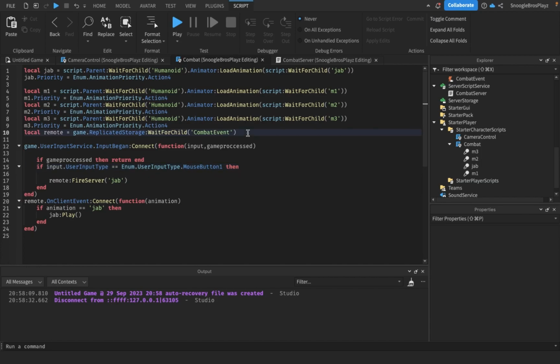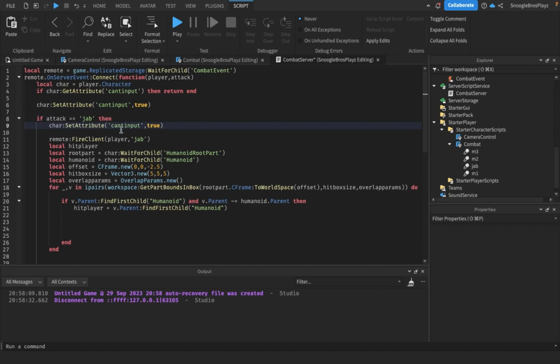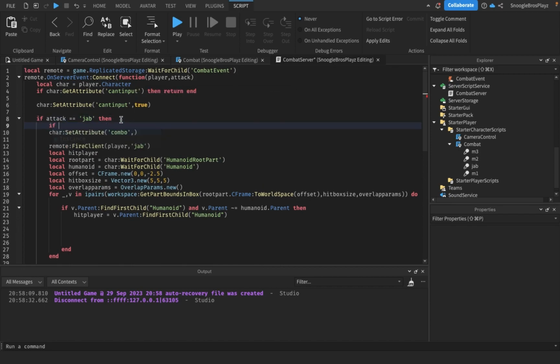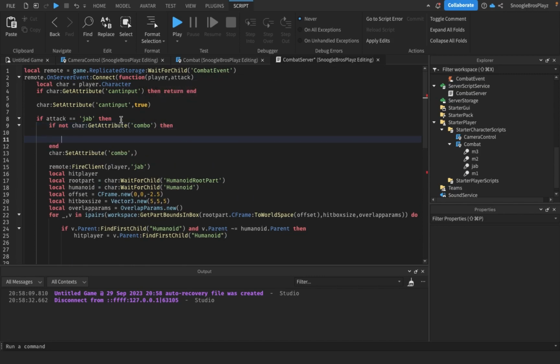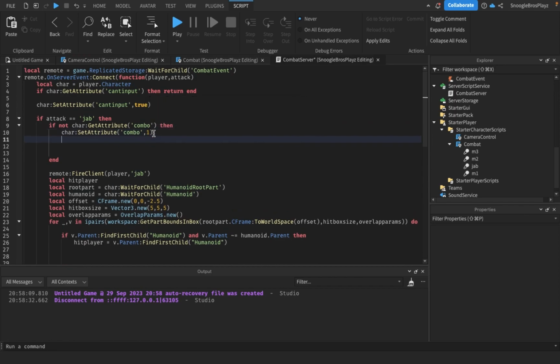We're gonna make a combo thing. So character set attribute combo equals 1. So actually, if not char get attribute combo, then the combo will be 1. And if it is, then